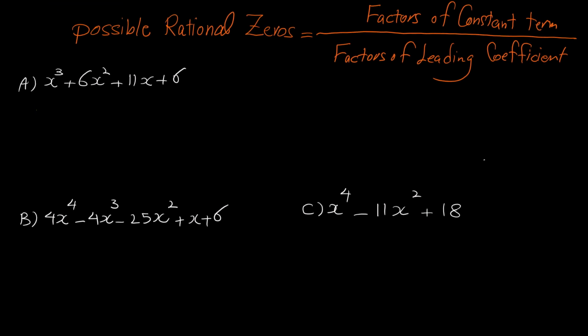Let me explain the Rational Zero Theorem by an example. Consider this polynomial: x to the 3 plus 6x to the 2 plus 11x plus 6. The constant term of this polynomial is 6, and the leading coefficient, the coefficient of x to the 3, is 1. So, based on the Rational Zero Theorem, the possible rational zeros, the numbers that make this polynomial equal to 0, are in the form of